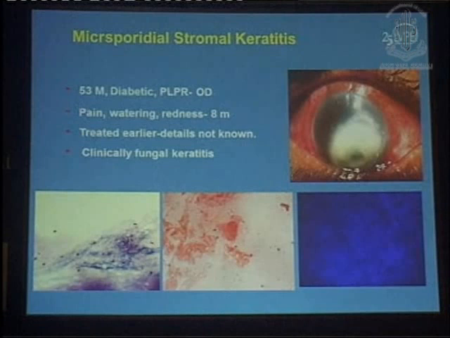We already heard that microsporidia sometimes can cause stromal keratitis, the incidence of which is lesser than that of keratoconjunctivitis. The stromal keratitis is also diagnosed in a similar way as we diagnose the keratoconjunctivitis, by looking at the spores. And these spores are also stained very nicely with acid fast stain. So it helps to do the acid fast stain sometimes on the gram stain that we have done from the corneal scraping.